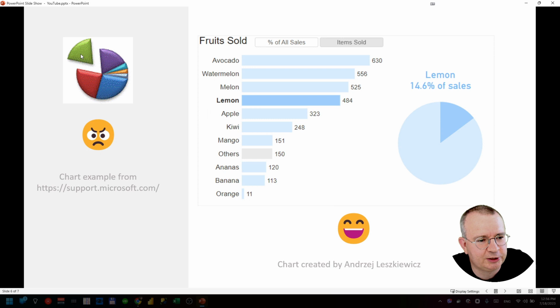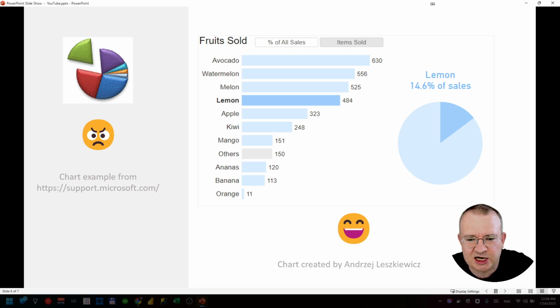Probably someone wanted to highlight part of the whole of this green category, but look at the bar chart and pie chart on the right. It does the same and even much better.